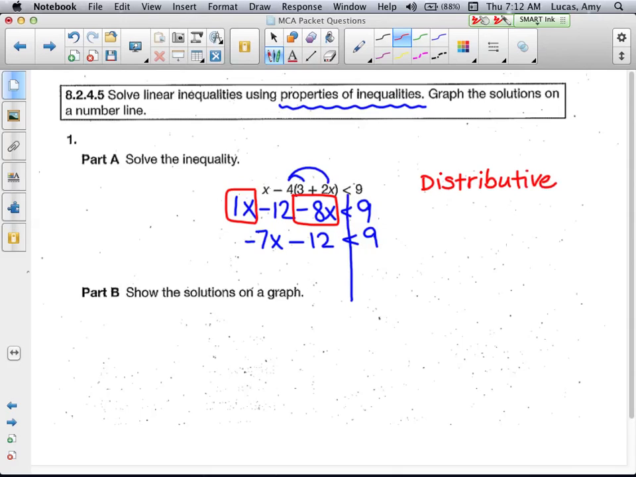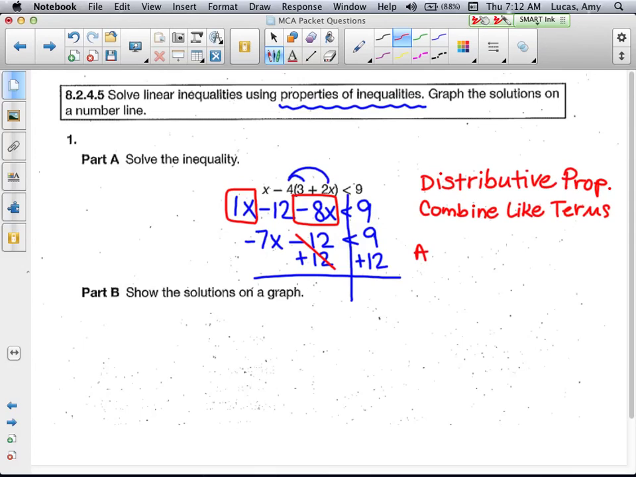The distributive property says that when something is being multiplied outside of parentheses, you distribute and multiply it times everything inside. Then I combine like terms because they're on the same side of my inequality. And now I am going to add 12 on both sides. So that is the addition property of equality. And then I will divide both sides by -7